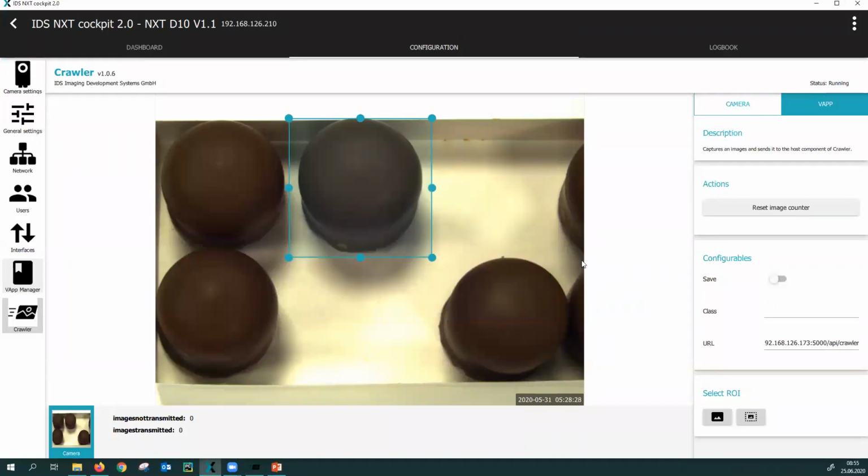Good. So now let's take a few training images of the present foam kisses and of an absent foam kiss, like that. You can see here that the images have been successfully transmitted.